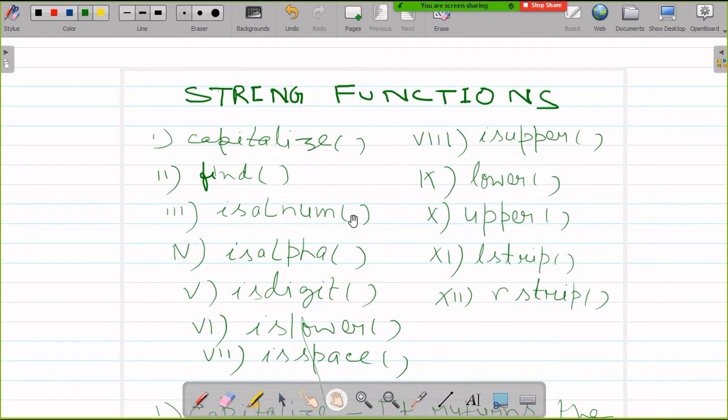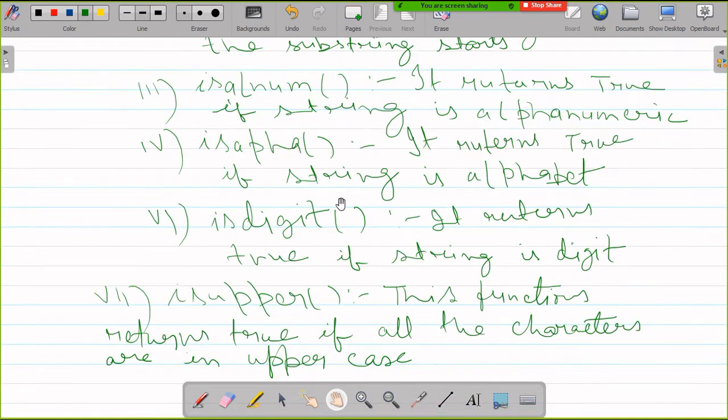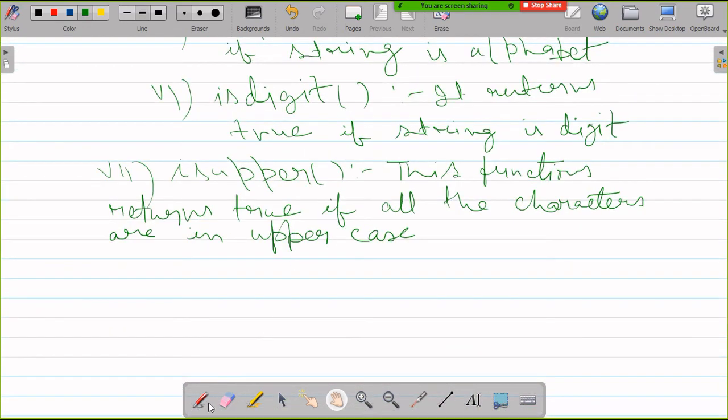And there is a function isspace. So this function also checks whether that string consists of only spaces or not.